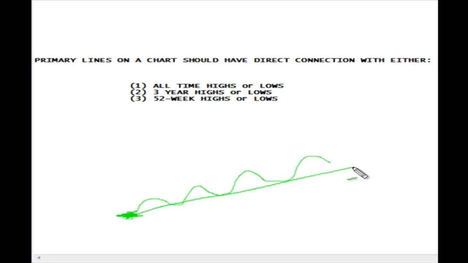Now, it's going to bounce over. Remember, you don't make these lows, the market does. So at some point, it's going to establish a line. Now, it's not always going to be perfect, but at some point in the future, don't be surprised that this stock breaks the trend. Right there, it breaks the trend. And on breaking the trend there, because this trend is connecting to either one of these points, all-time lows, 3-year lows, and 52-week lows,